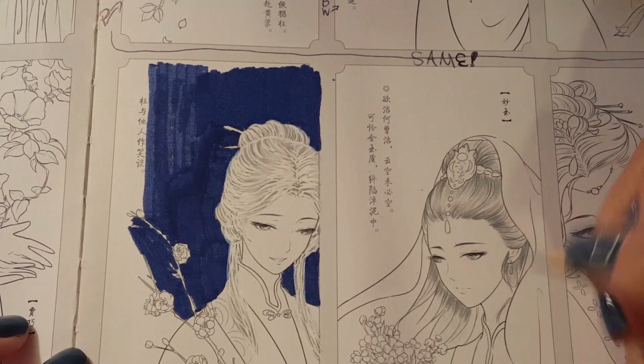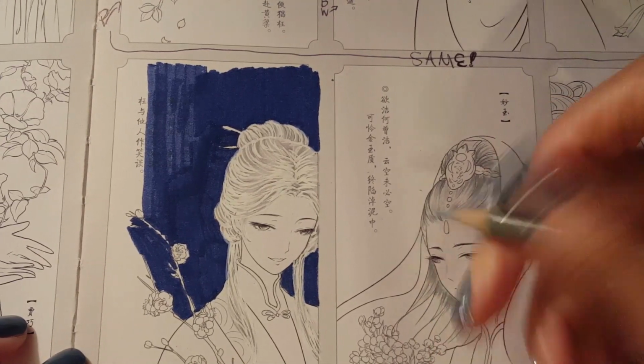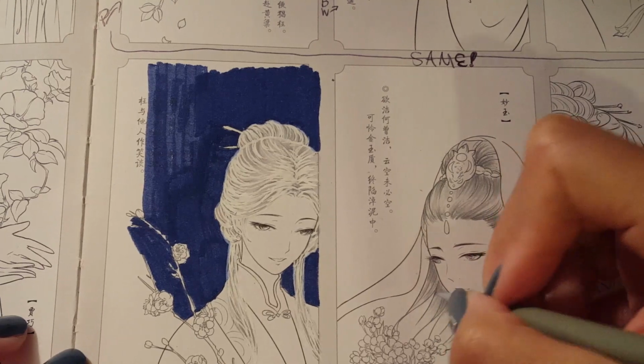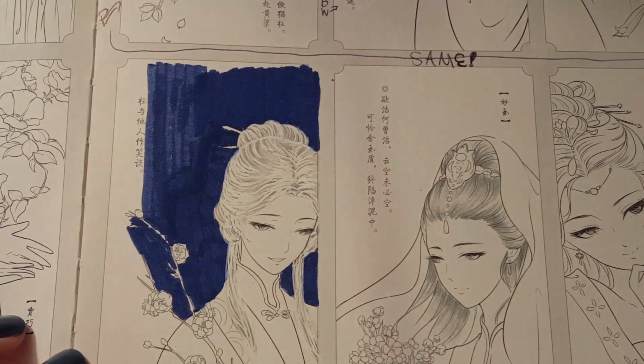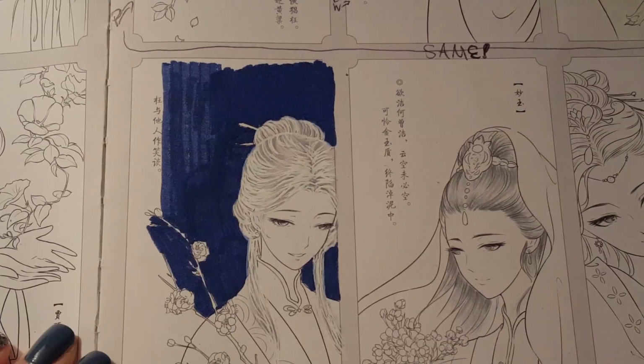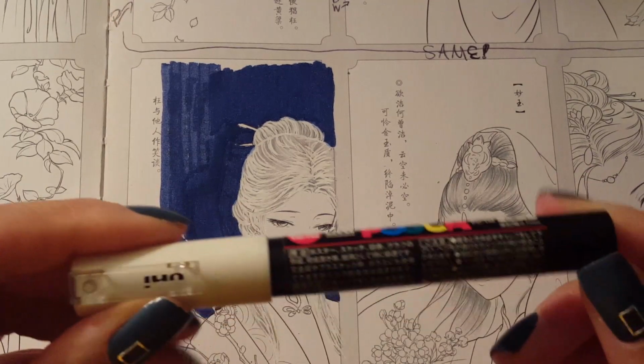I still don't know if this is hair. I know this is hair. I don't know what the deal is with that part right there, but I won't fuss with it too much. Okay, so as you can see, that's her hair going on right now,